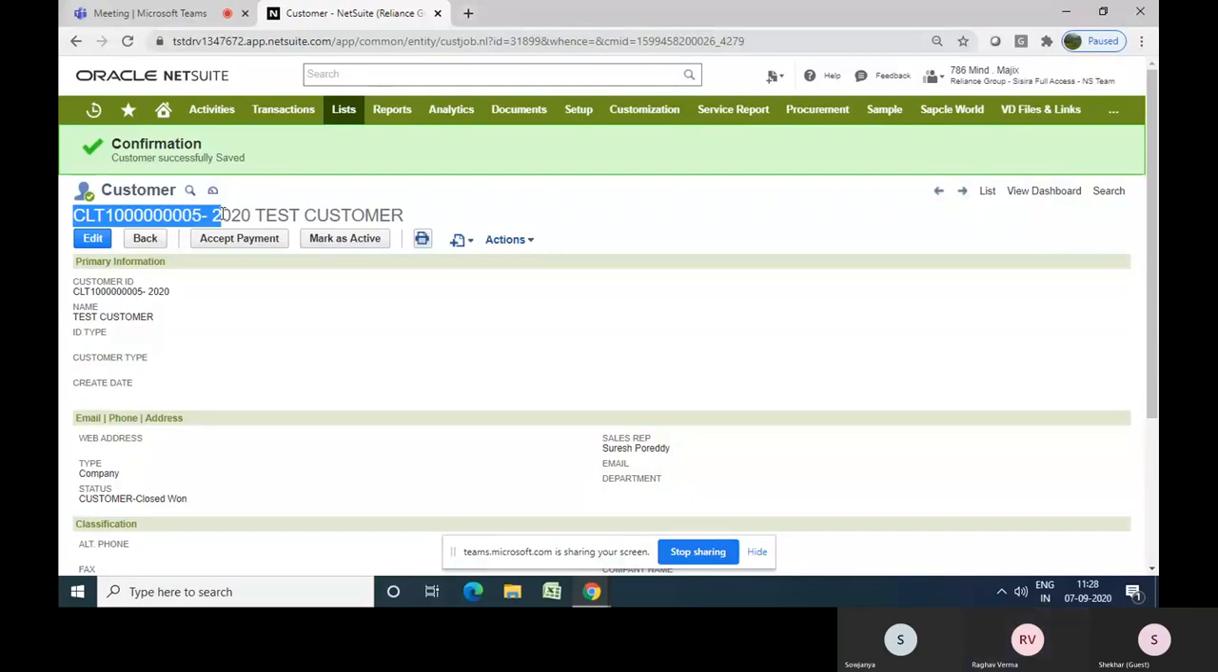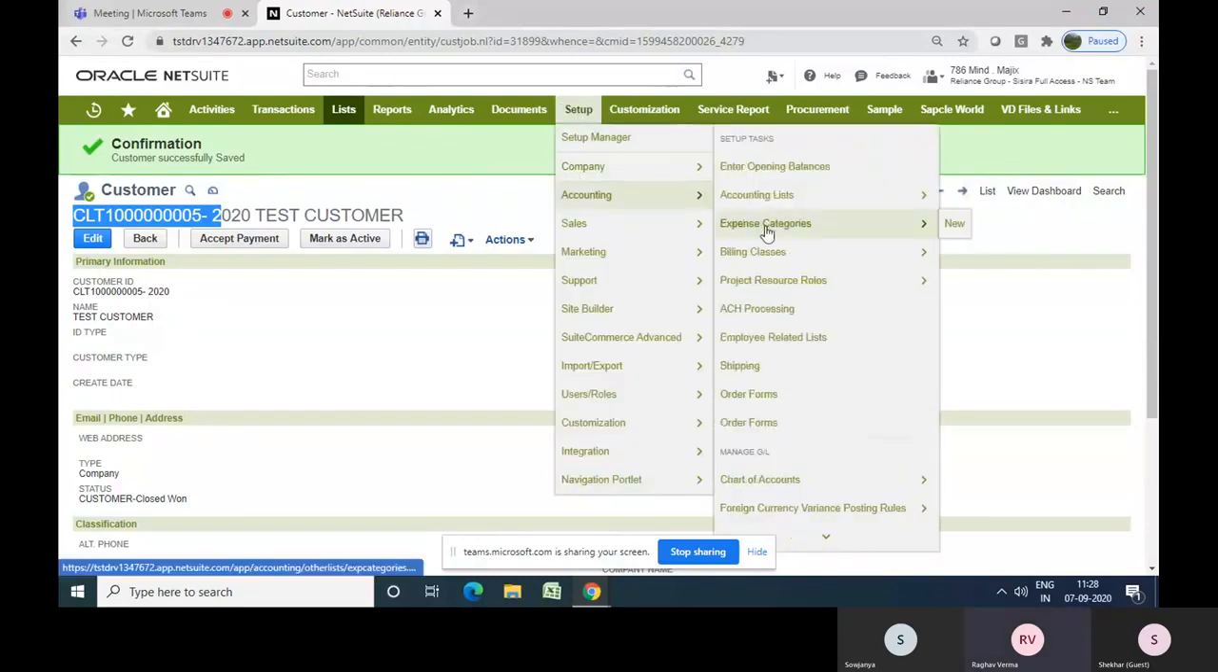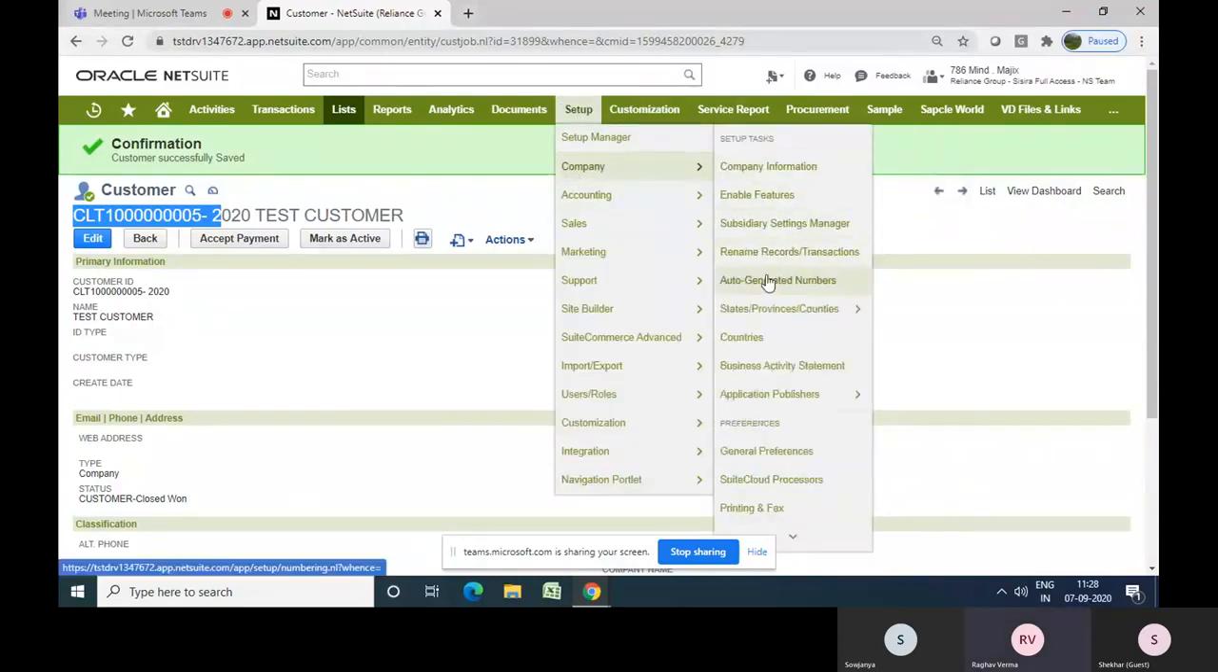So this is the first, the simple one, for the customer master record, such as item, customer, vendor, etc. You don't have the choice whether you want this to be with respect to a subsidiary or the location. But for transactions you can restrict. For example, if you come to set up company and come to auto generate number,